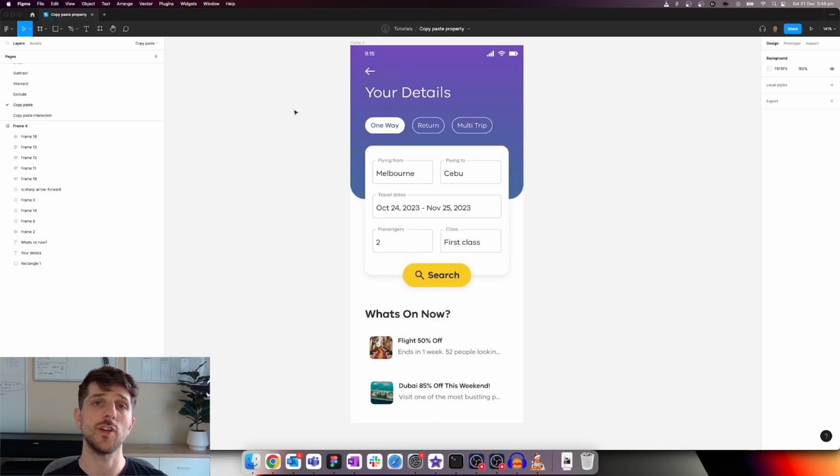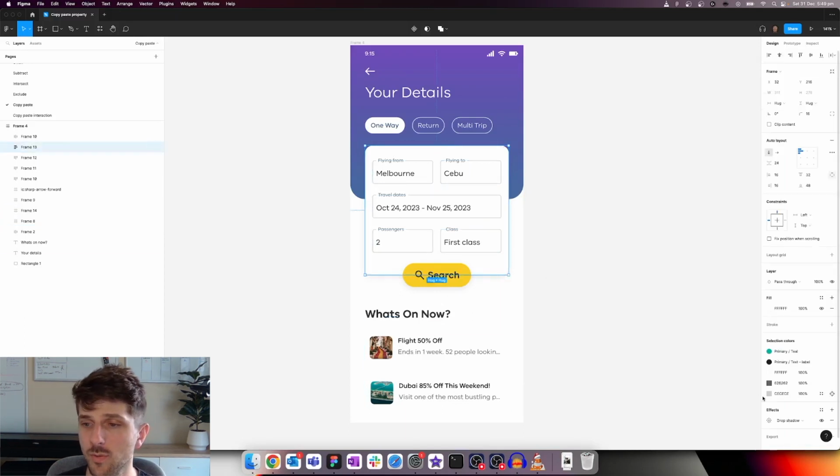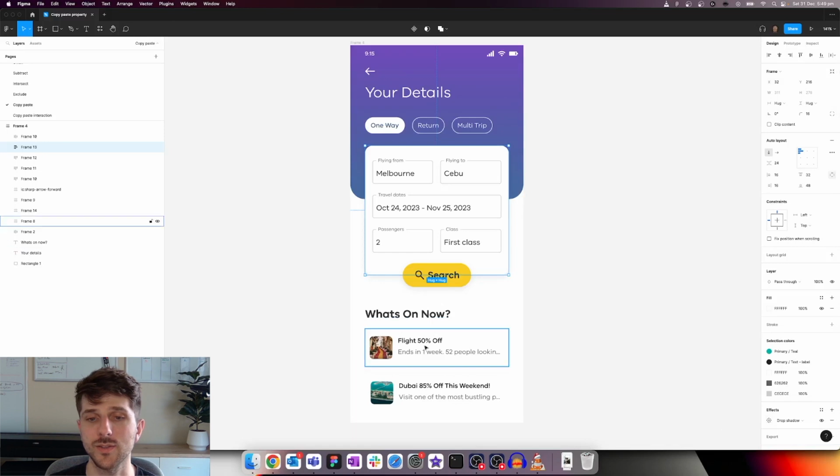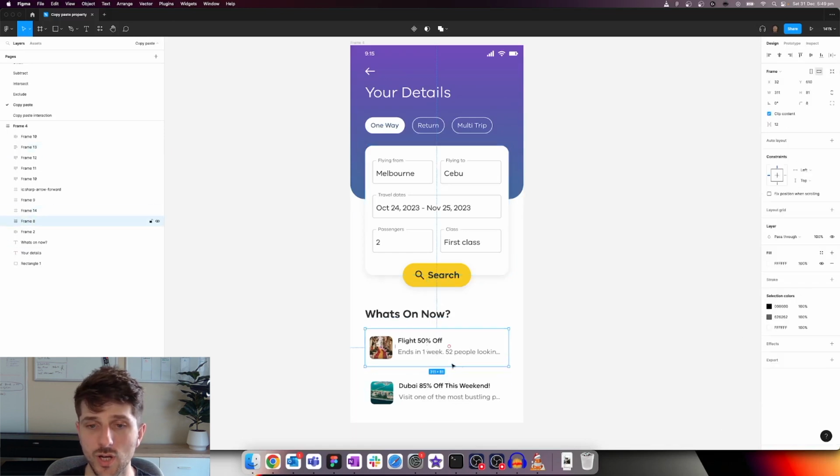For the purpose of this video, I've created a mock-up design for a product, and I'm just going to show you how to, for instance, copy this shadow that we've got on this element here across to these two cards. Now this container here has a shadow property, which has blur of 16, y-axis of 4, and 10% opacity. So instead of remembering all of those details and doing the same thing for these two cards, instead what we